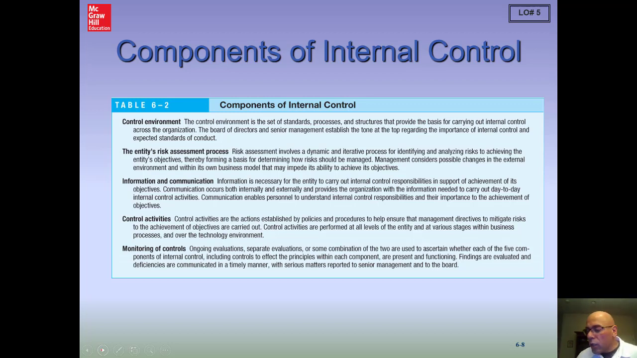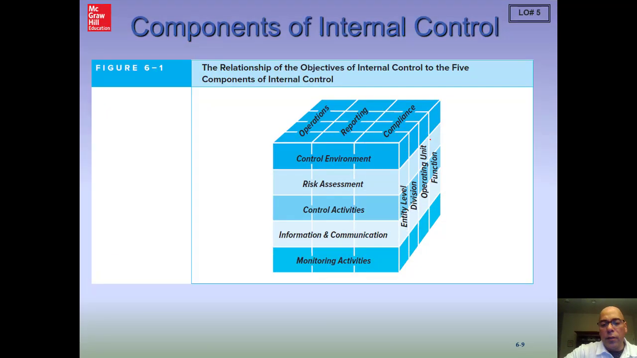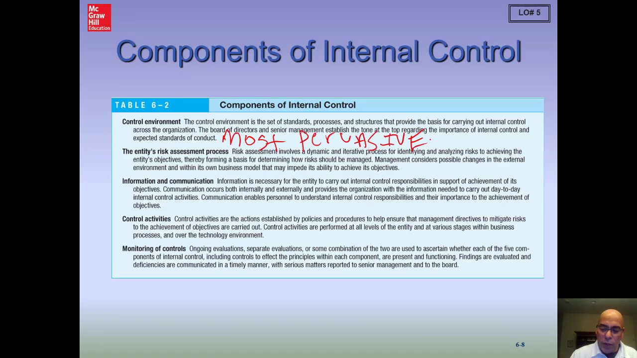And control environment, really, guys, is the most pervasive of the controls, or the control components, I should say, and that it touches all the other areas. So you could just put most pervasive in here, most pervasive part. It really touches all the other parts. If you don't have a good control environment, none of the other 4 components are going to be as effective. Okay, so most pervasive is going to be our control environment,